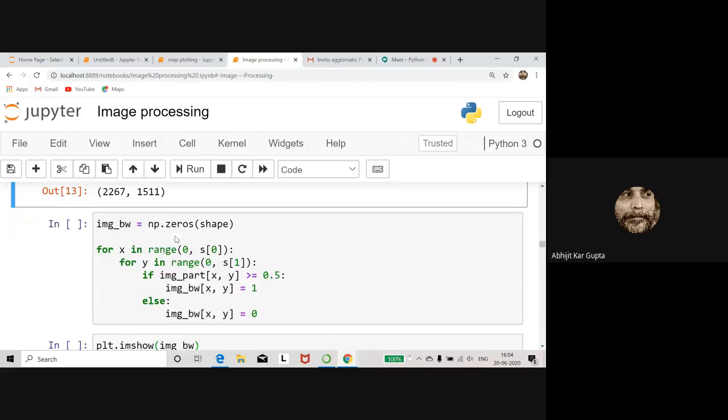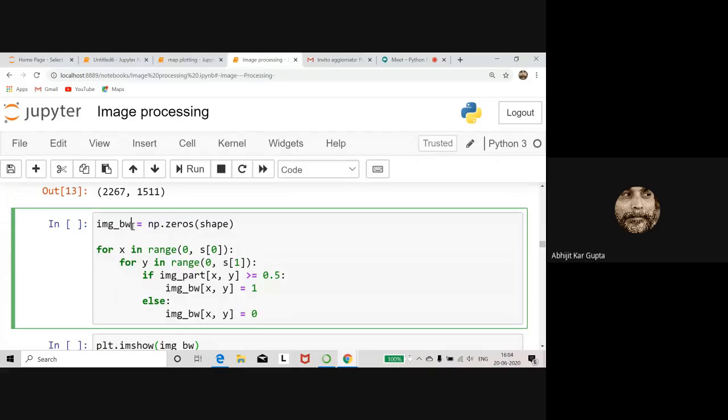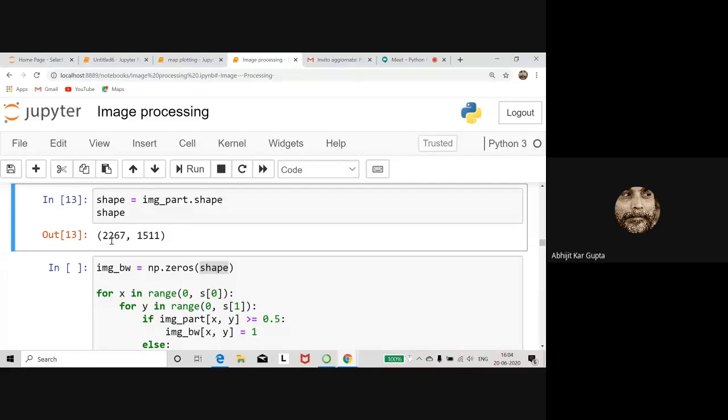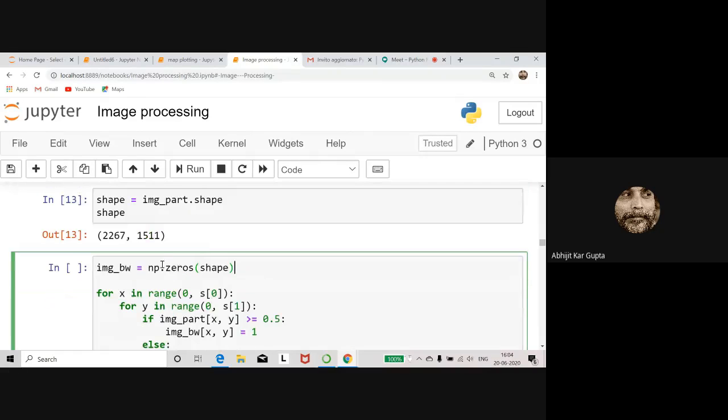Now I do one thing. I create a one-colored image. So I write np.zeros, and inside that I write the shape. The shape is this tuple, so it will create a 2D array of all zeros, right?